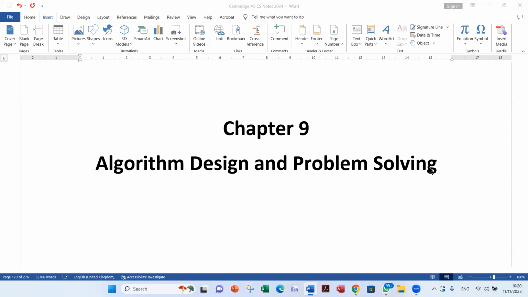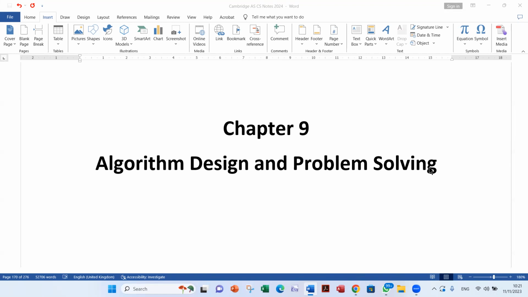In the AS exam, you're going to sit for paper 1, that is theory, and paper 2, that is problem solving, and both of them are written. So you can do it all using pseudocode. Pseudocode is false coding. You can do it all with pseudocode. Okay. However, in my notes and in my explanation, I will be including